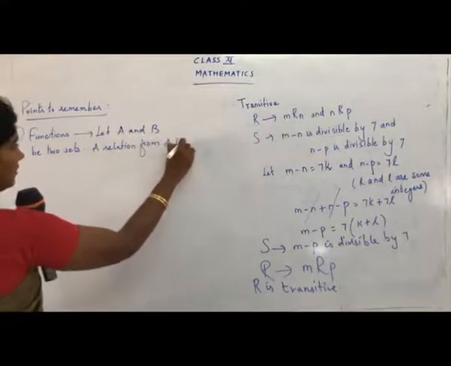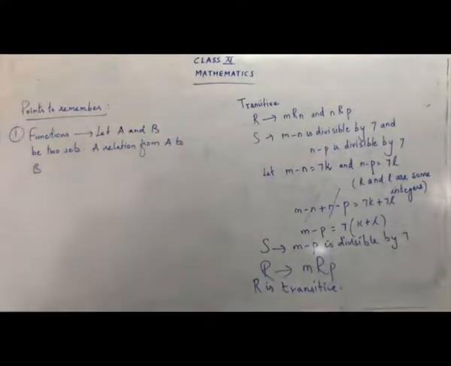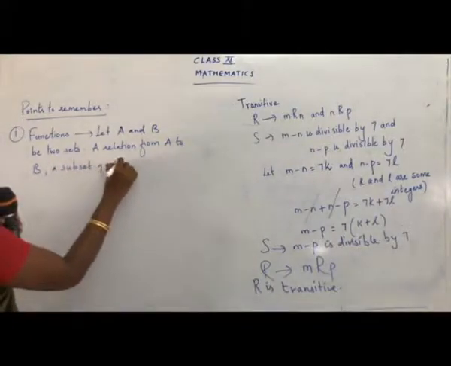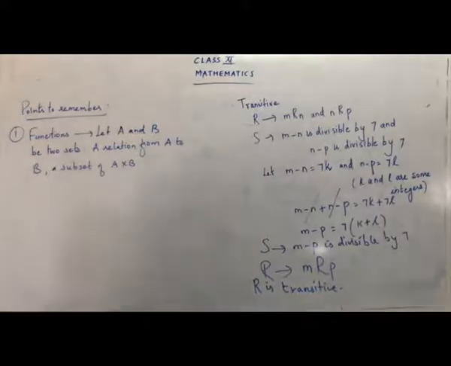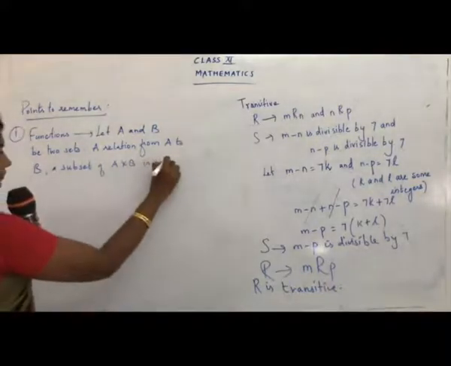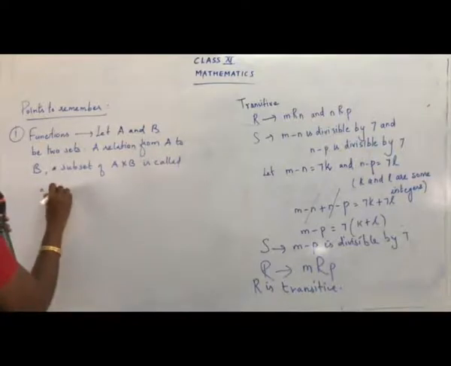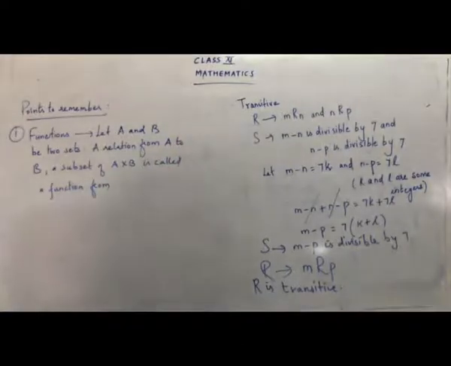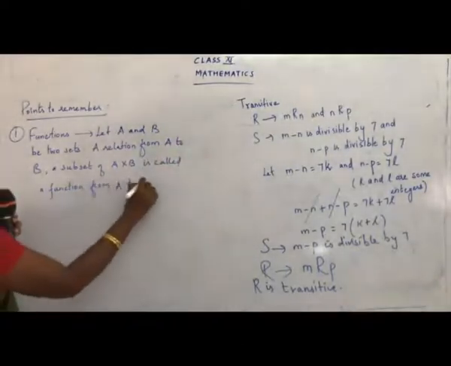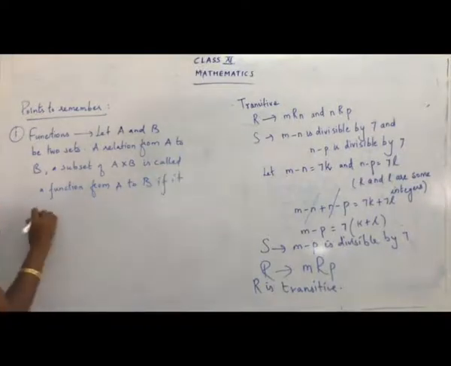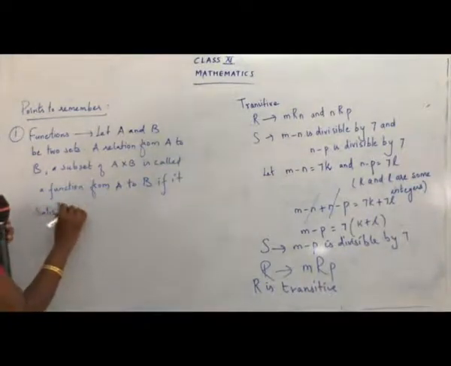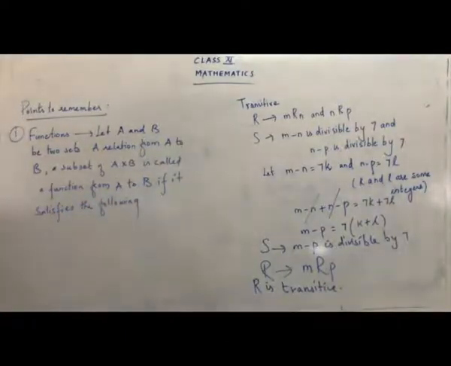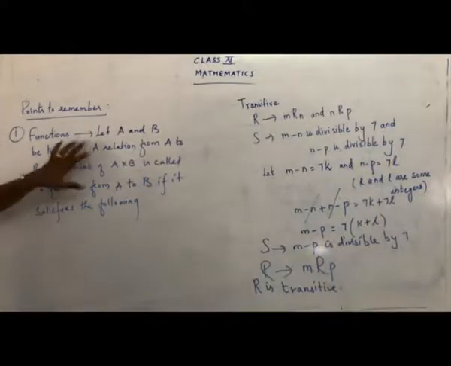A relation from A to B, a subset of A cross B, is called a function from A to B if it satisfies the following. So when you say that a given relation is a function, you have two sets, A